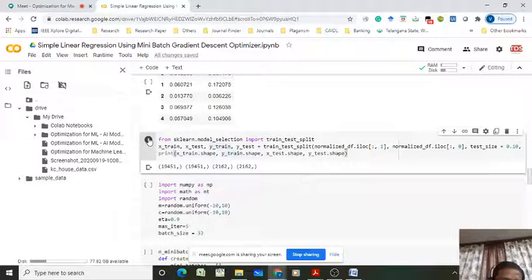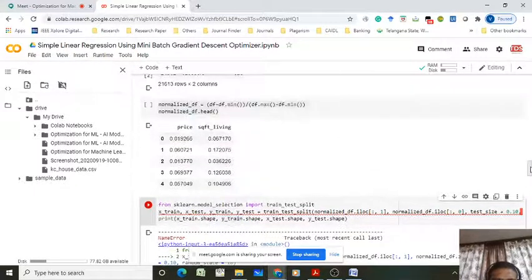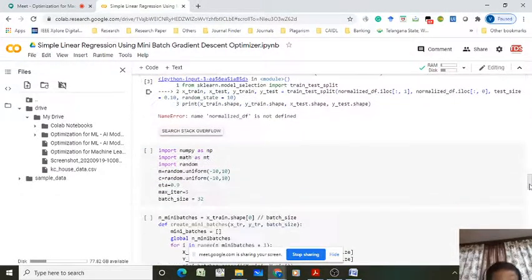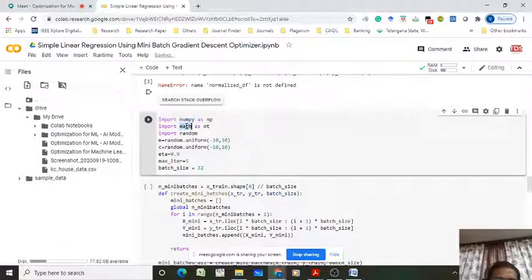Now we execute this one. Maybe I forgot to run this cell. Okay, I will execute all the cells at a time. Now from here it is all the same, right? So numpy array, math library, random library, initialize m and c, eta value.